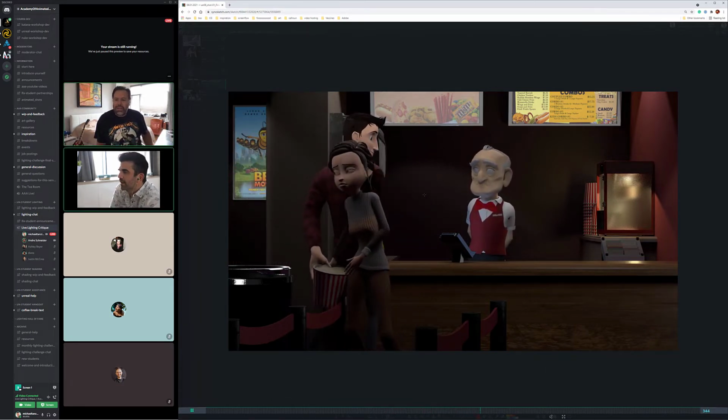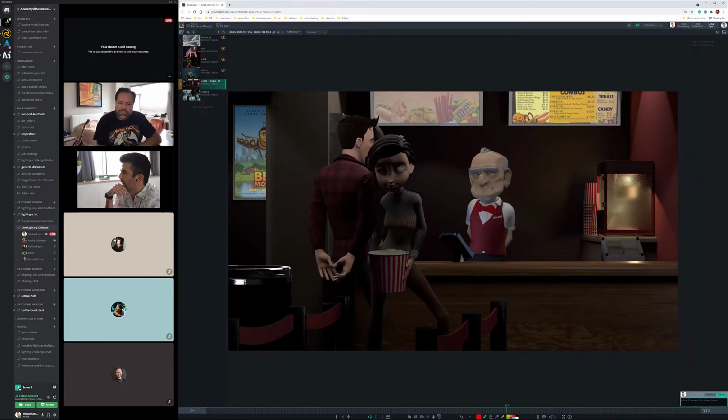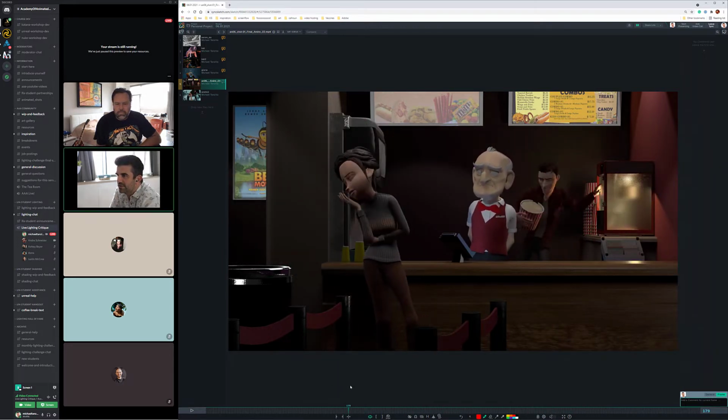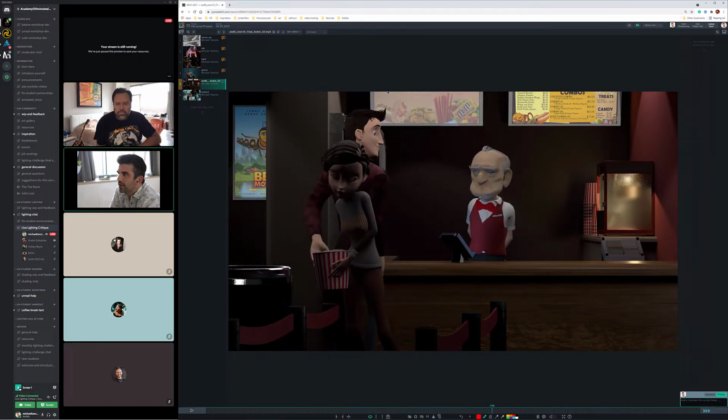So what I'm thinking is that there are two main performance spots. There's this area in here where generally the woman and the older gentleman are doing their thing, and then there's the area back behind where he kind of steals the stuff. The idea is that everything in the foreground should be seen and clear, right? So I would put some sort of overhead light in this region to highlight what's going on, because generally in concession stands there'd be stuff on the counter that they'd want to showcase, like Milk Duds and Skittles. I love the idea that this is emitting light back here. So I would have this be bright here in the foreground, this be bright over here, and have these screens glow the way that they are. This one's got a little low contrast, but